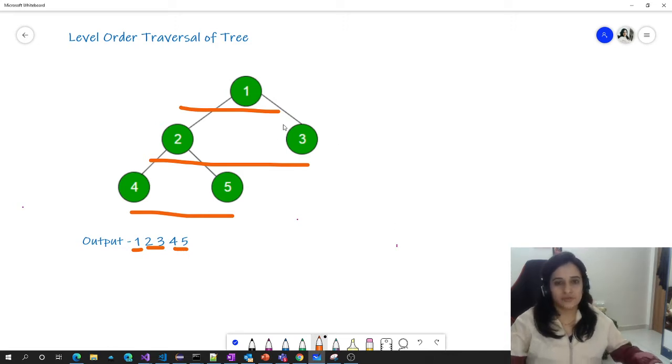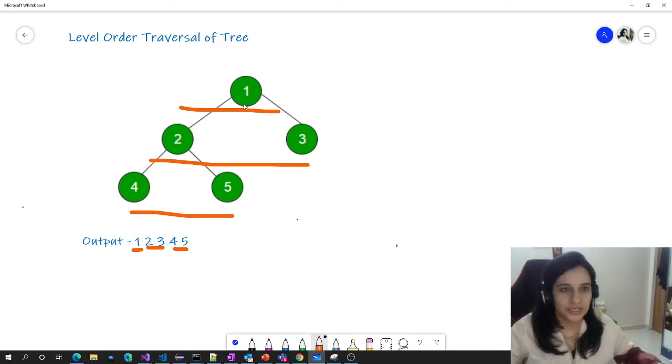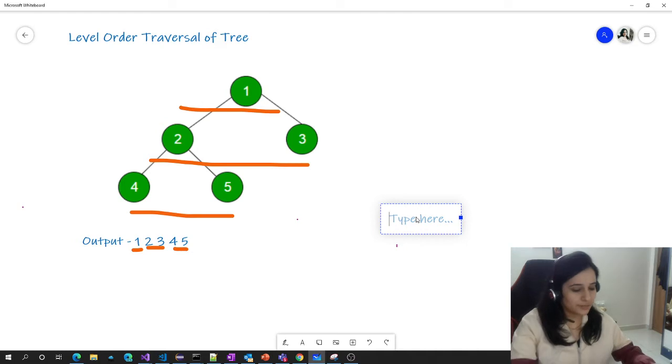At first look, it looks quite simple, right? First, we have to print a node, for example, 1. Then we will print its left child, which is 2, and then its right child, 3, and then 4 and 5. But if you know about the standard tree traversal algorithms, pre-order, post-order, and in-order, that will not help here. If you take the example of pre-order, right?